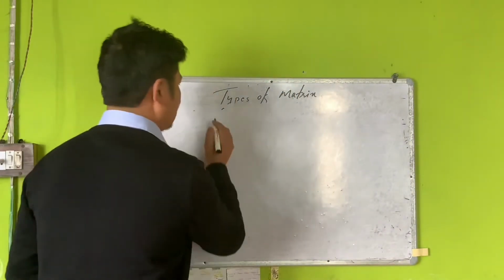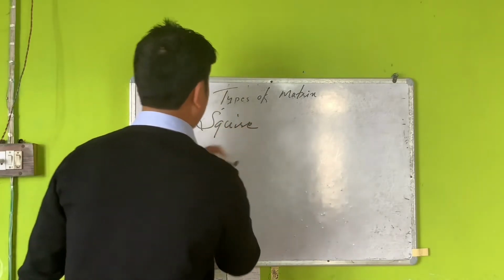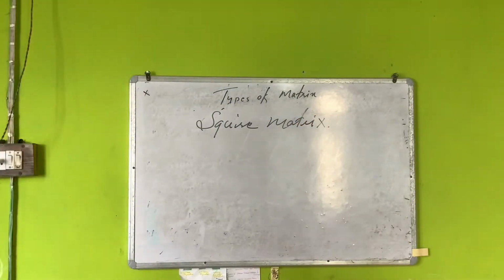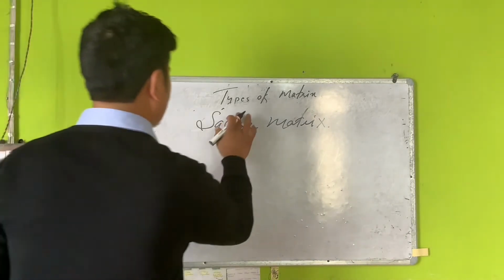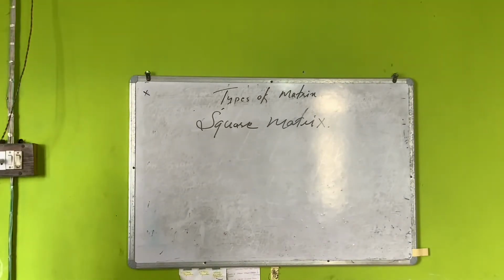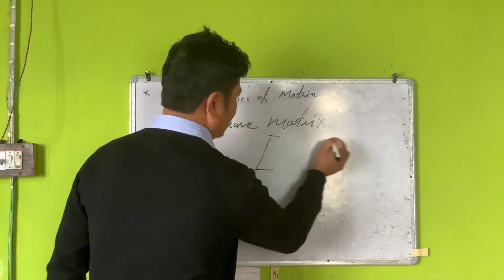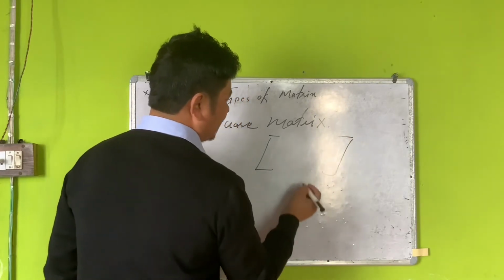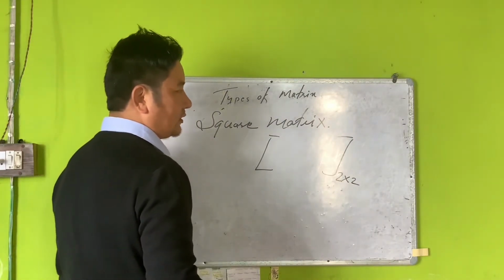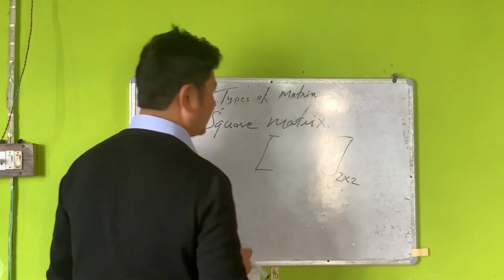Next one is square matrix. Square matrix is what? When we are having the same number of columns and the same number of rows. When in a matrix there are the same number of rows and columns, then that is automatically called a square matrix,